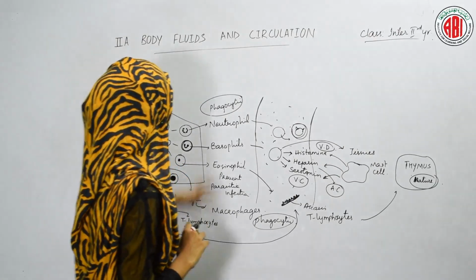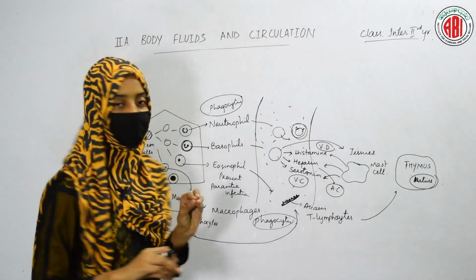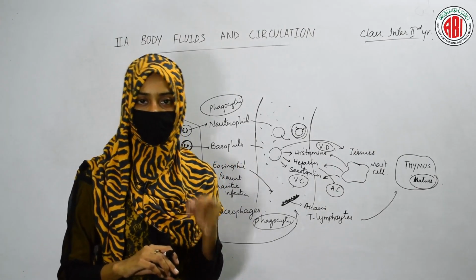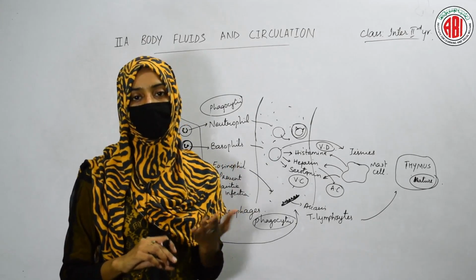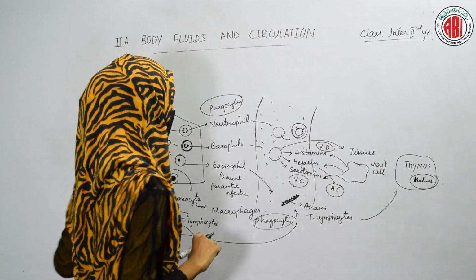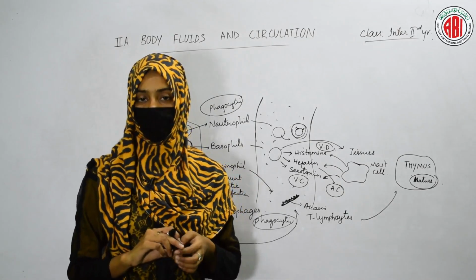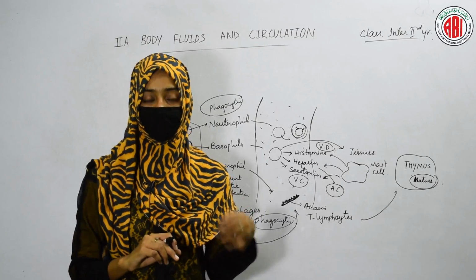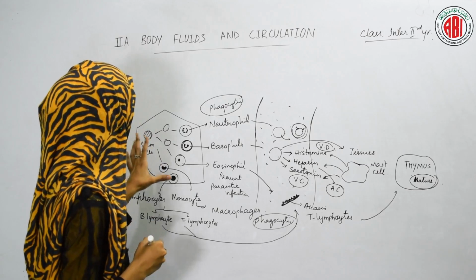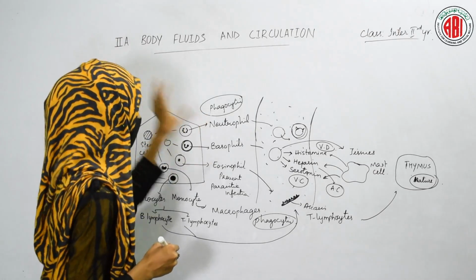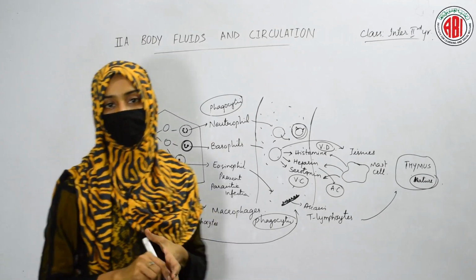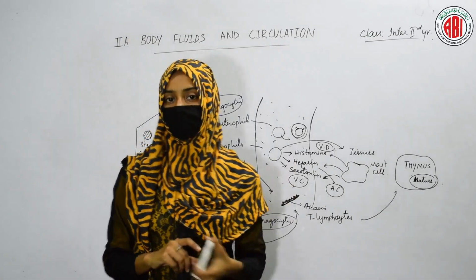So this is how all the white blood cells play a crucial role in fighting against different infections and providing immunity to the human body. Based on the functions of all these white blood cells, we call them the policemen of our body, as they are fighting against the different infections. So this is about the different types of granulocytes and their function, and also about the agranulocytes and their role in preventing different bacterial infections.